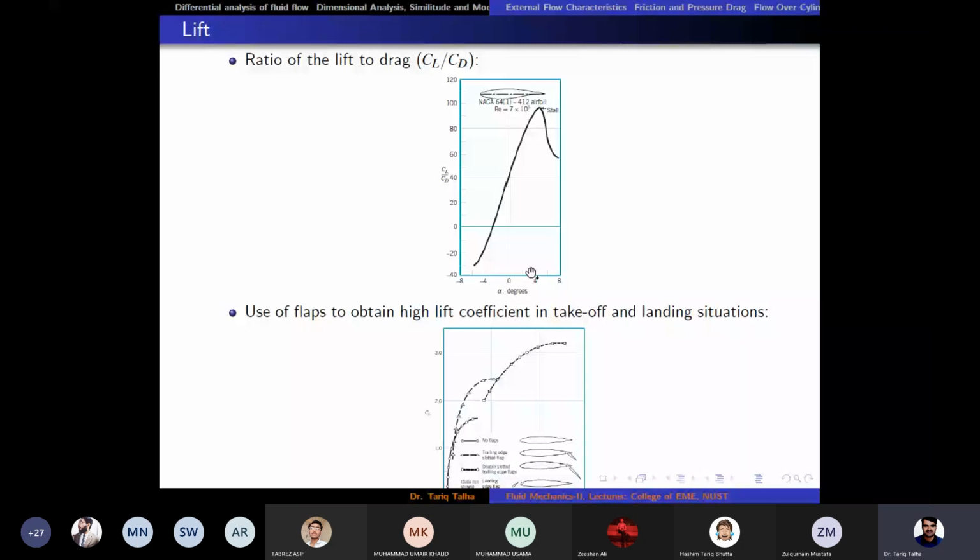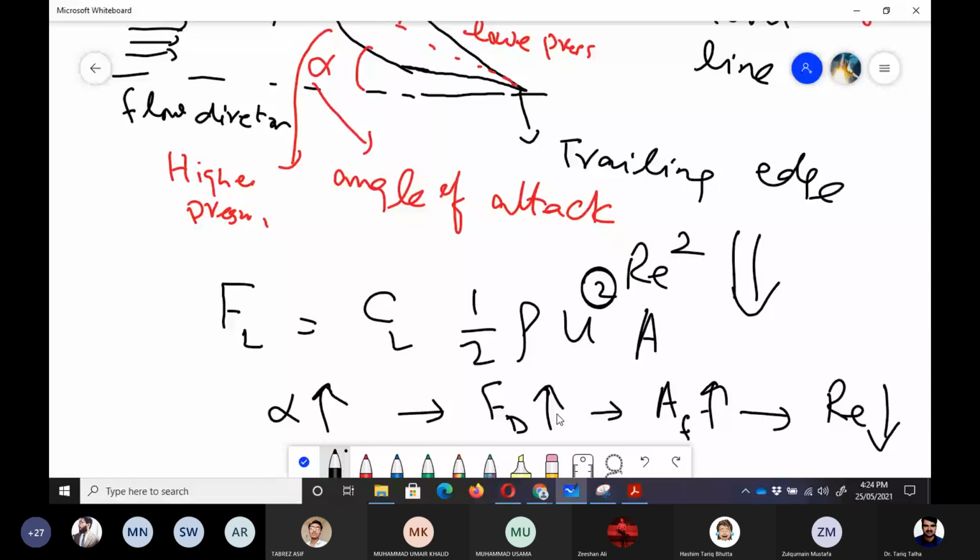So we want to give it between 0 and 2 degrees, because we don't want to have CL upon CD at the maximum value, because it would be of no use if the aeroplane is going to crash, right? And then the effect of putting flaps, let me write it on the whiteboard, that when we put the flaps